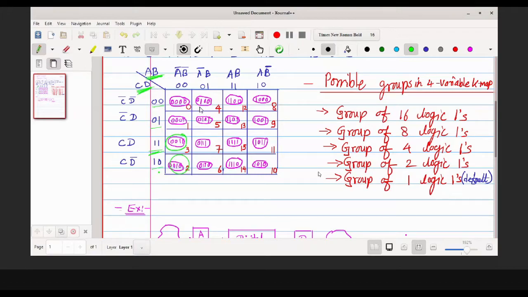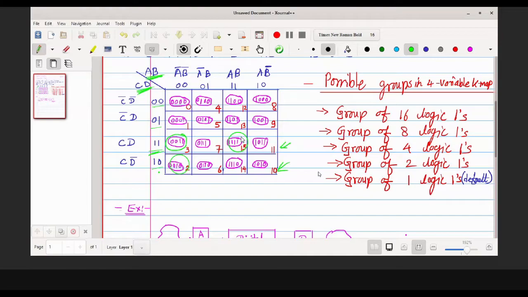that the numbering goes like this: min term 0, first min term 1, then 2 here, then 3, then 4, 5, then 6, 7, 8, 9, then you can see 10 over here, and then 11 over here, similarly 12, 13, 14 and 15. So this is the last min term which is possible in the 4 variable case.